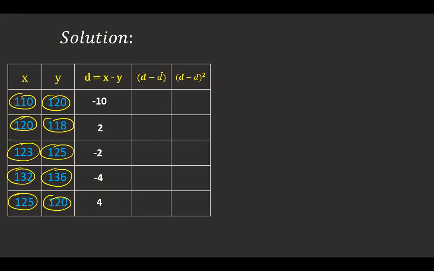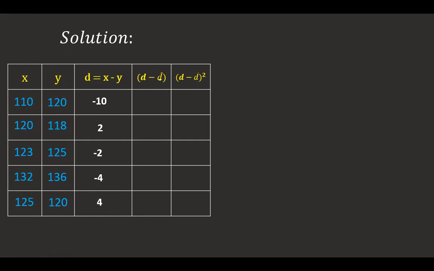Now I'm going to calculate the D bar here. So what is this D bar? D bar is the average of this column. I'm going to find it out. So I'm going to total this column. What is the value here? 4 gets cancelled, 2 gets cancelled. I'm getting minus 10 as the total. So I have totaled it. So I'm going to find out the D bar here. So what is D bar? Sigma D divided by N. Sigma D is minus 10. I got it already. So divided by 5, that gives you minus 2.